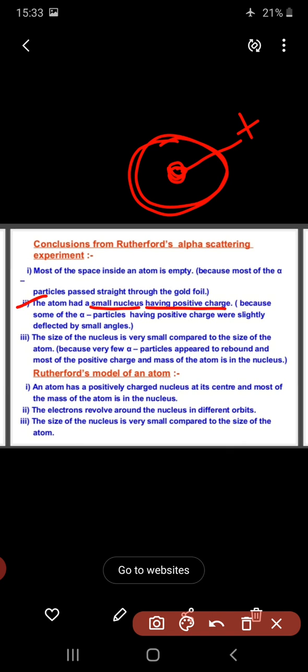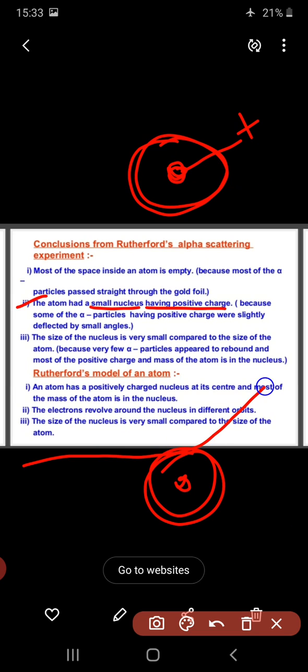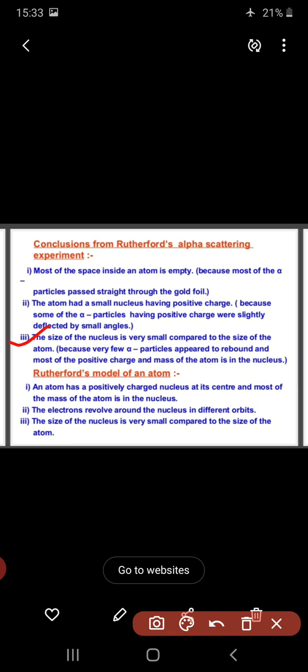Because some of the alpha particles, having positive charge, were slightly deflected. See, this is a gold foil, and some of the alpha particles are deflected from here. So that's why the nucleus has positive charge. Okay, now next, the size of the nucleus is very small as compared to the size of the atom. But why is this happening? Because